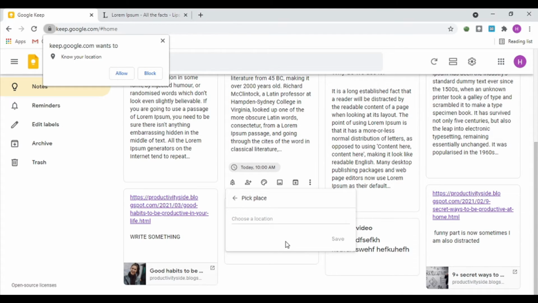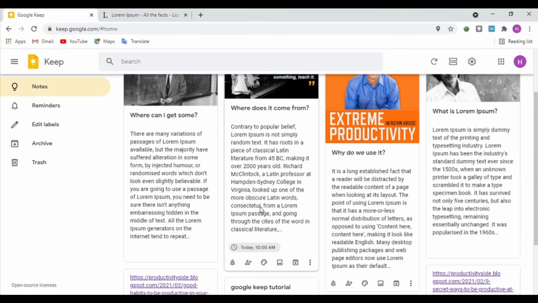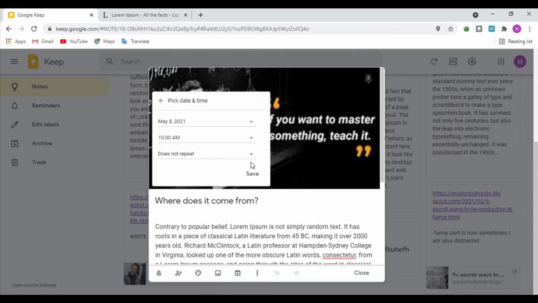Then when you have reached New York, if you set a reminder, Google Keep will remind you when you reach that point. You can allow location and then you are reminded according to your place.